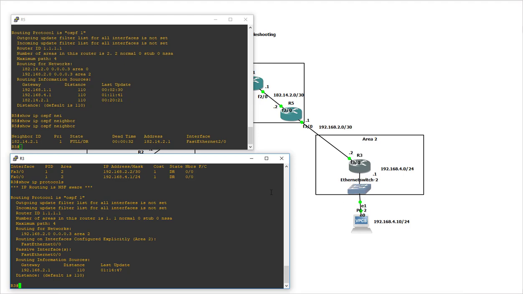That's just wasting resources. So it's a best practice to make interfaces that aren't connected to other routers passive, whether it be OSPF, EIGRP,